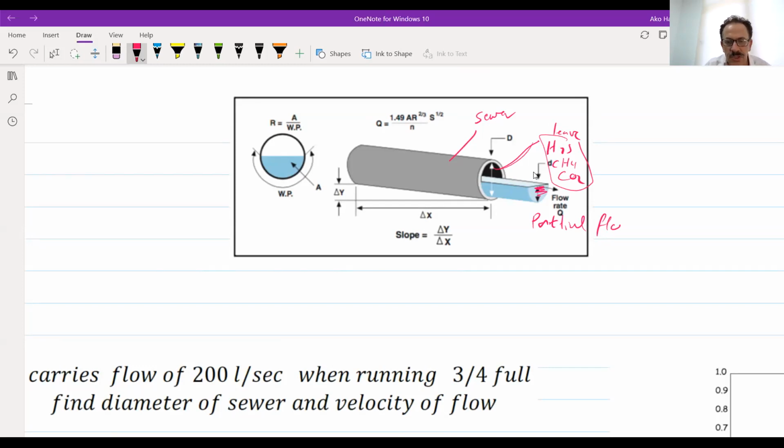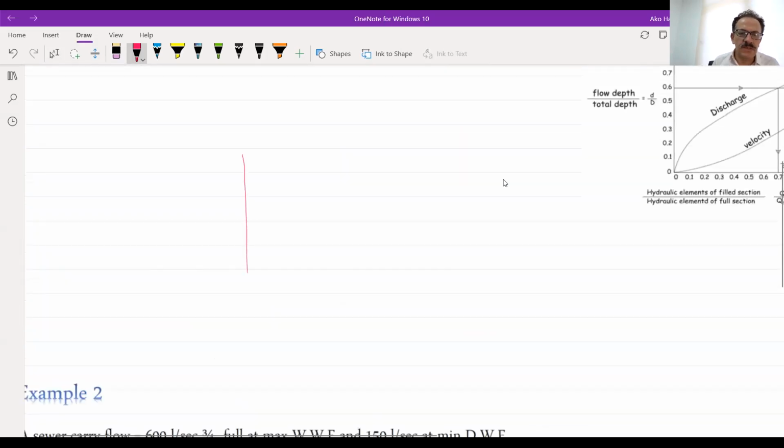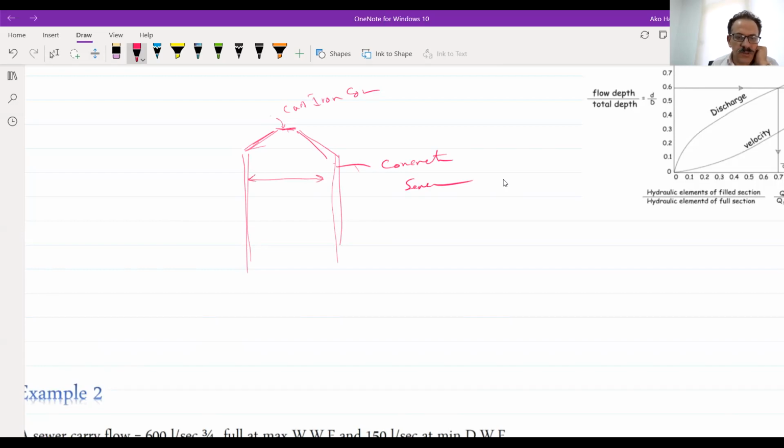Now, your question is how these pumps will work. Let me say the manholes will look like this. There is a cast iron cover, and there will be a concrete sewer, and usually the distance will be about 2 meters or 2.5.